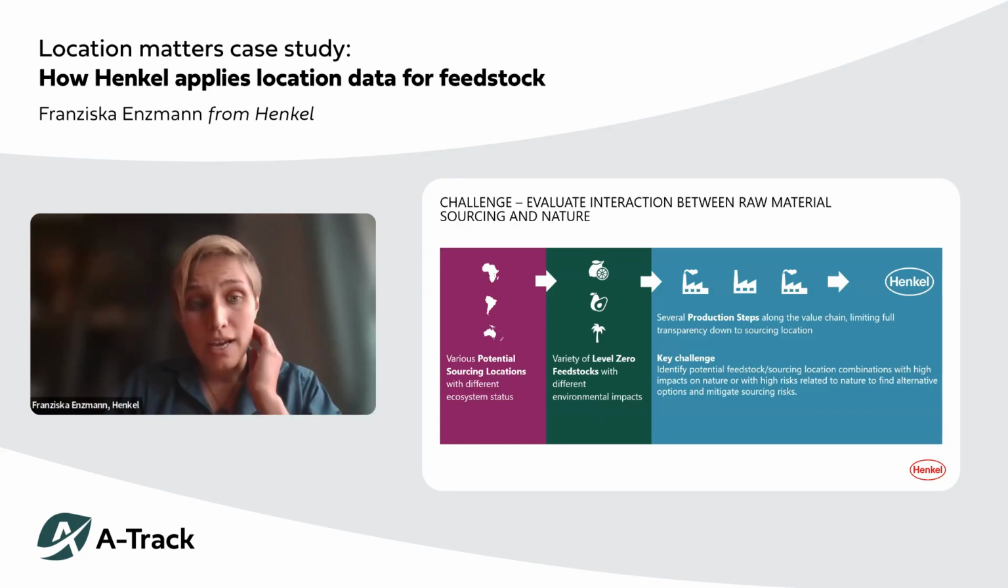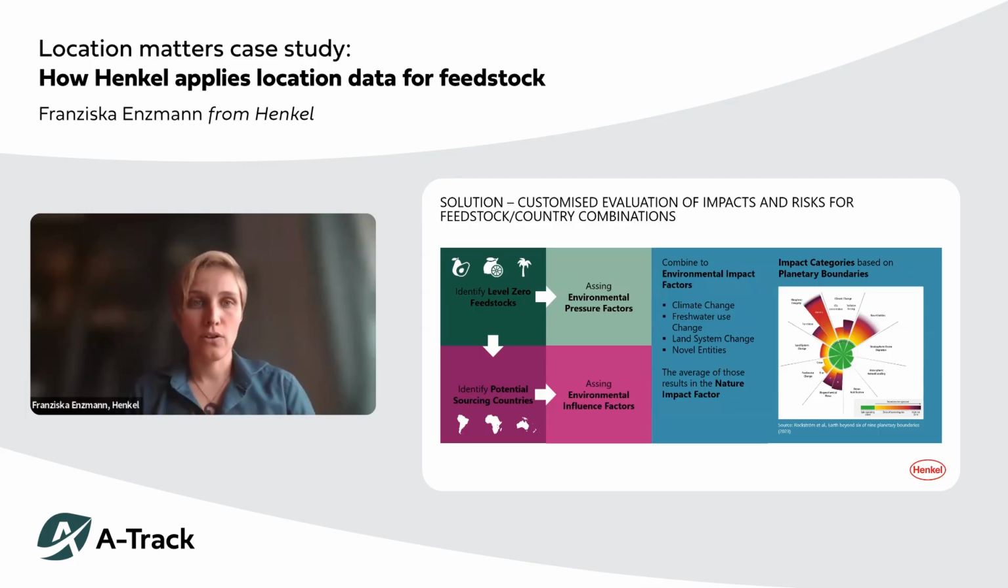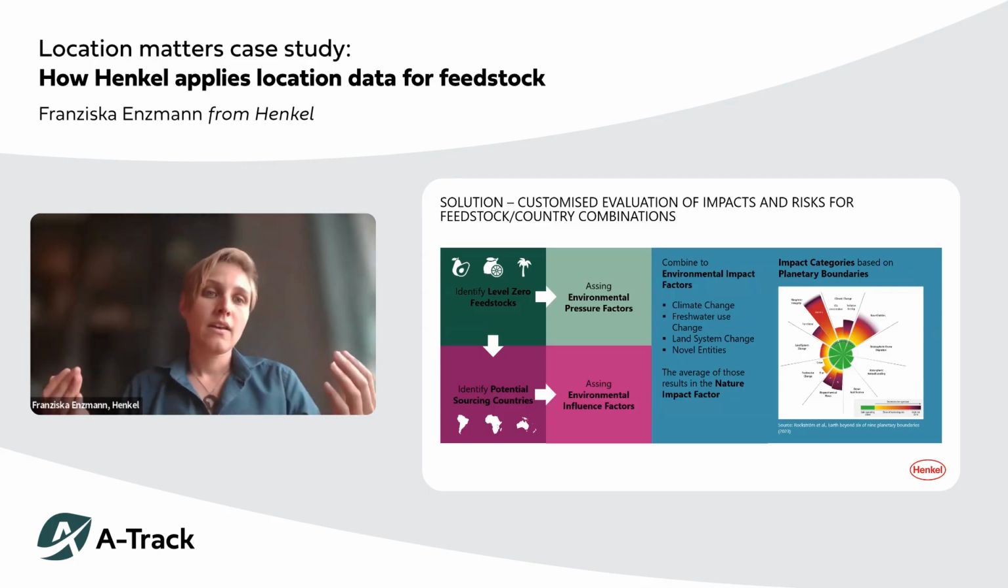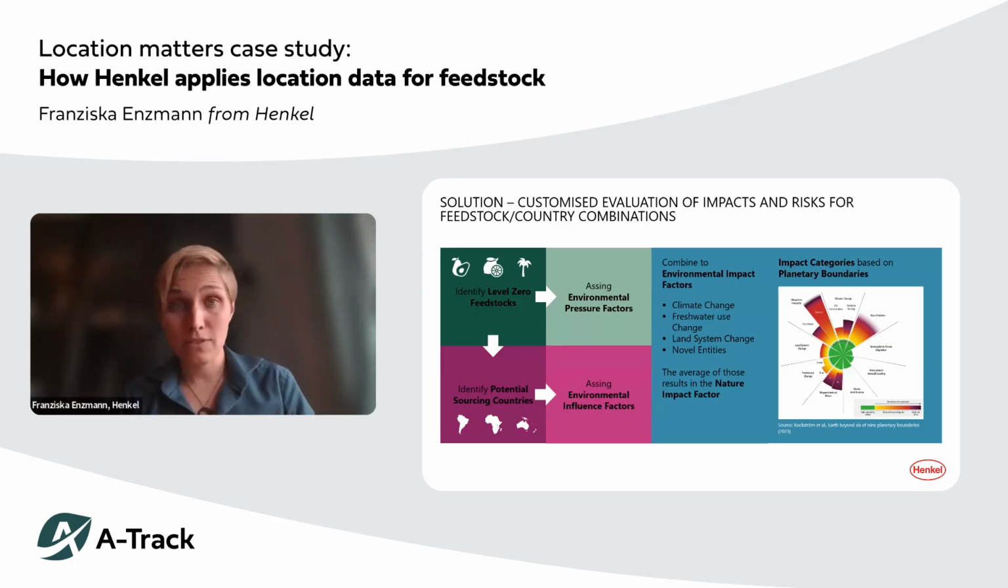So what did we do to actually tackle that problem? First of all, we identified the level 0 feedstocks that are potentially there in our value chain. We ended up with around 140. I guess that most companies who are producing different products will end up in the range between 100 and 150 different level 0 feedstocks. Then we took a lot of statistical data to identify the potential sourcing locations of these feedstocks. So for example, for bio-based feedstocks, you get